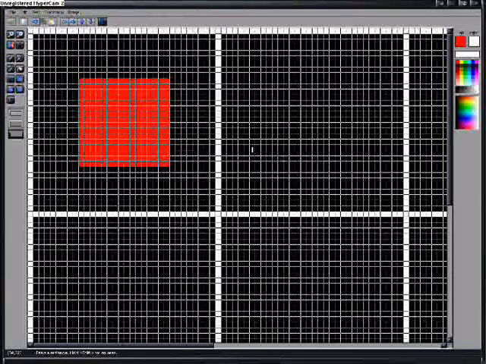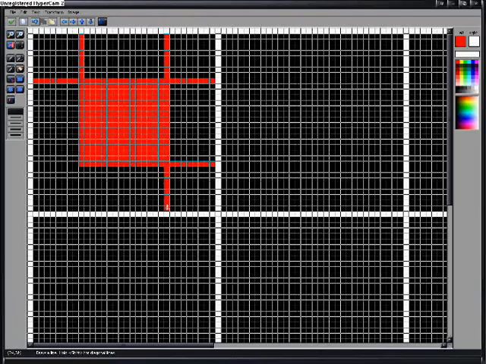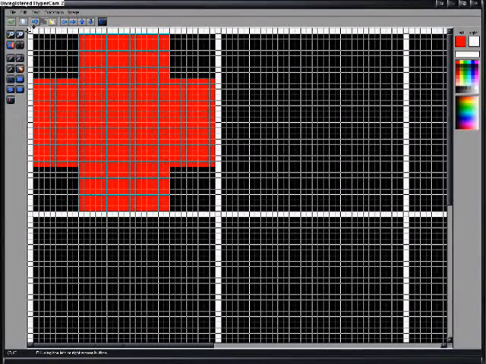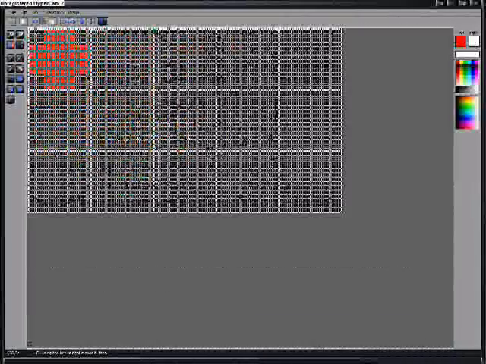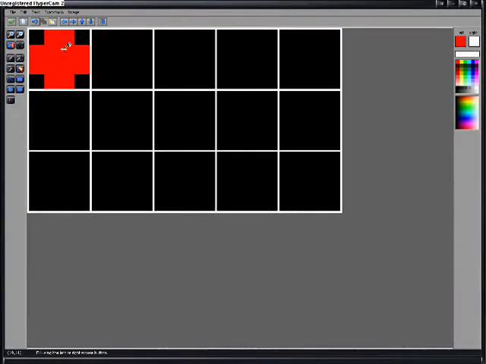So now, since this is going to be the same with all of them, you can just copy and paste just like we did these black parts. This one we're going to make a 4-way crossing. So I'm going to select my line tool, make lines coming out of every single corner. And then fill in. So that's our simple thing. So that's one. Make 15 others. Eventually it should look like